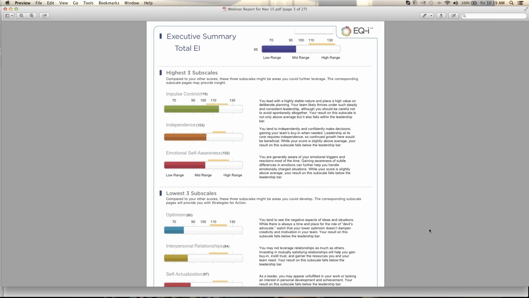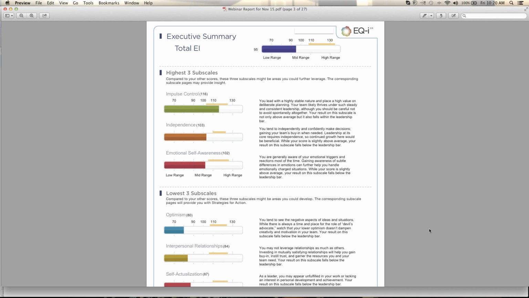Now, we, being the brilliant statisticians who created this assessment, have chosen 100 as the mean. If you imagine your normal curve, 100 is the very midpoint. So 50% of scores are above 100, 50% of scores are below 100, and we're interested to know where you fall within that area. It would be easy to assume that higher is better, but higher is not always better. In fact, we'd rather see a balance of these 15 competencies in action than see one that is quite a bit higher than the others.